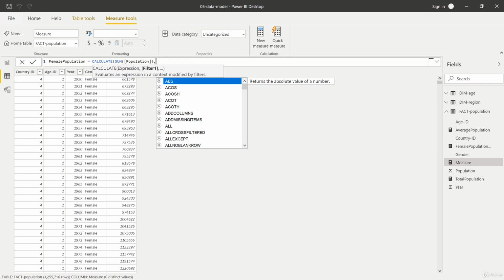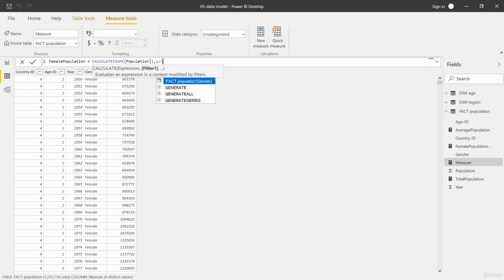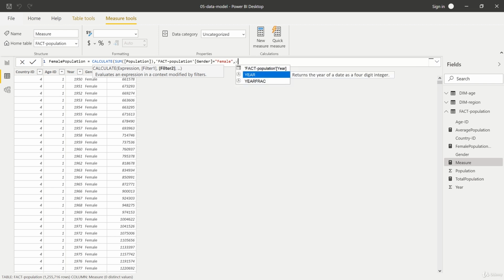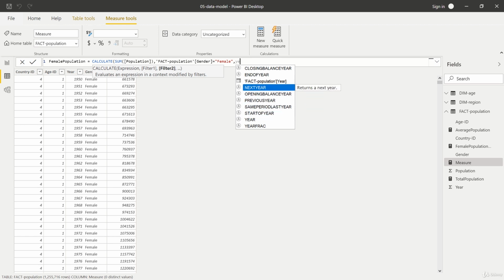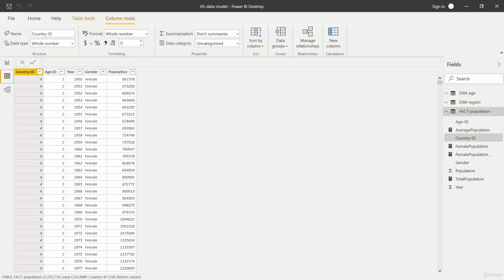Previously we used the filter function, but now I will simply refer to our gender column here. So we enter gender. Here we have to be very explicit, so we have to include our table reference. And the gender should be equal to female, right? In addition to that, I will add a comma. And now we can add the second filtering condition, and this should be the year. So we go to the table reference and the column reference and say the year should be equal to 2020. If we now close the parenthesis and apply this, we see we don't have an error.